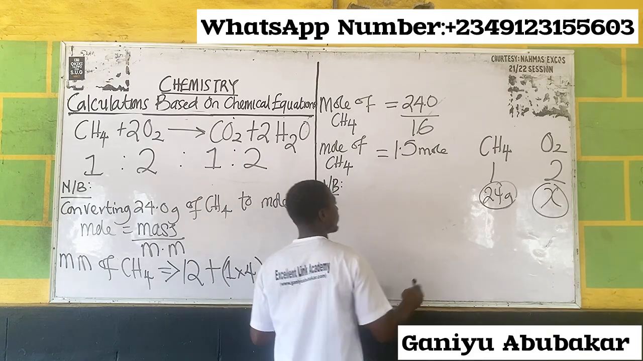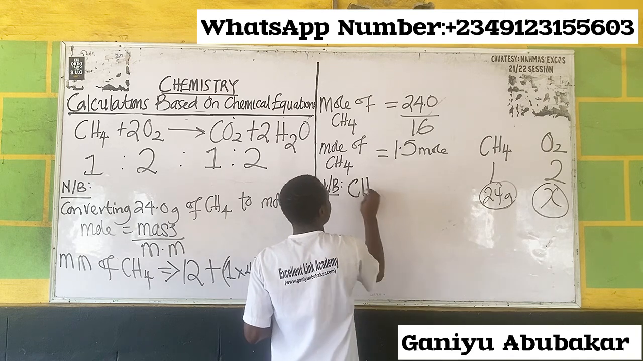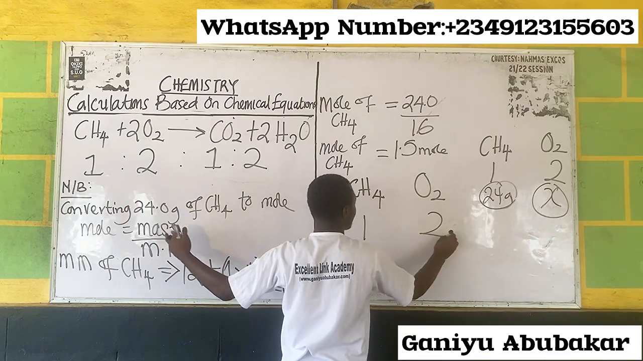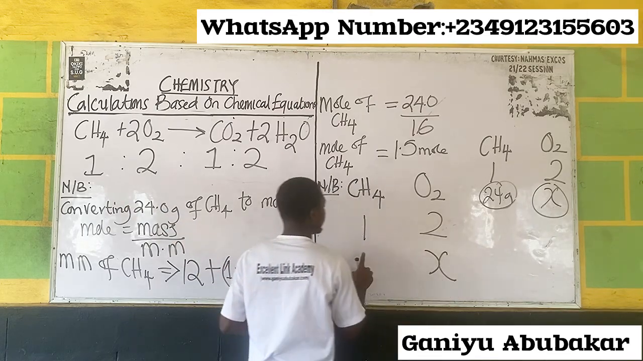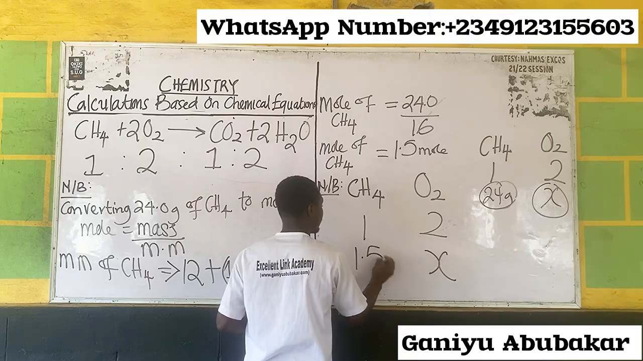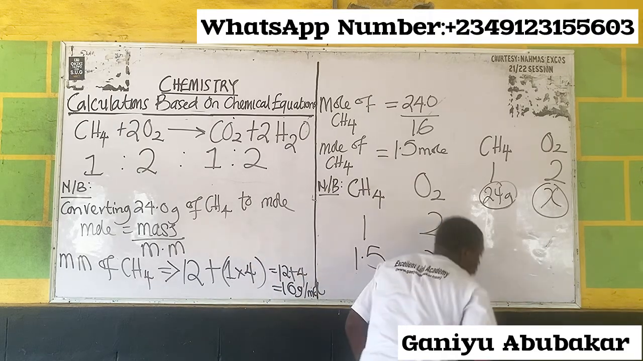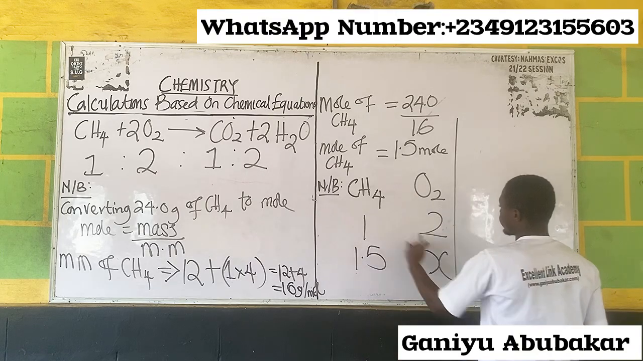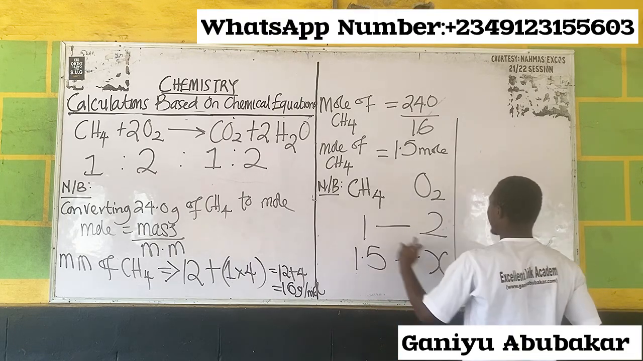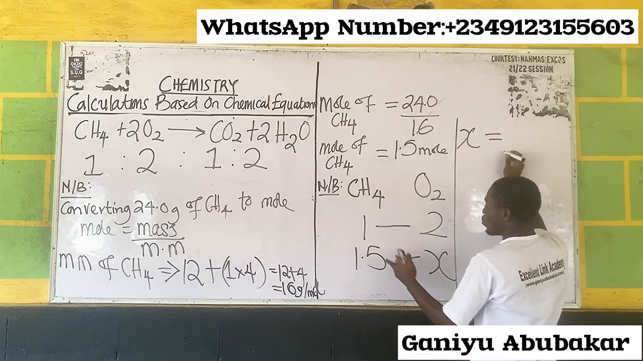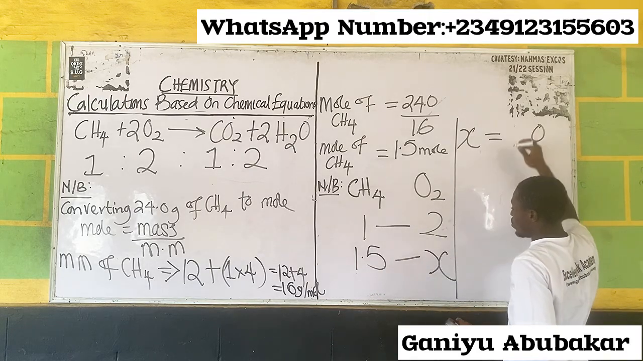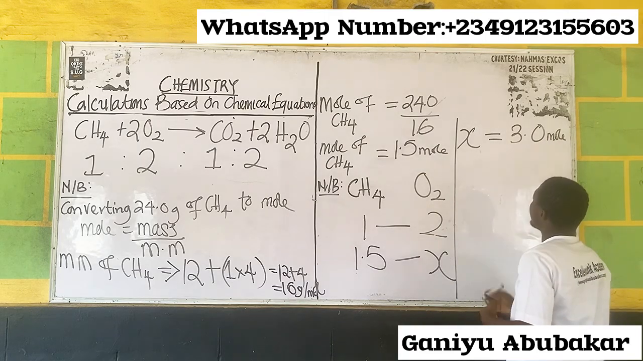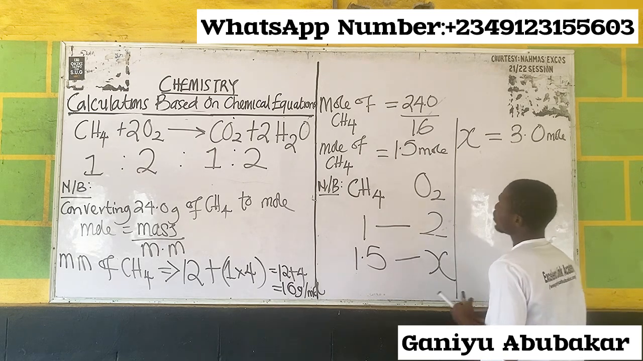Hence, I'll have CH4, then oxygen. Here it was 1 and 2. Oxygen is X. The mole of methane is now 1.5. From this place, I'll cross multiply: 1 times X gives you X equals 2 times 1.5, which gives you 3.0 mole. So it requires 3.0 mole of oxygen